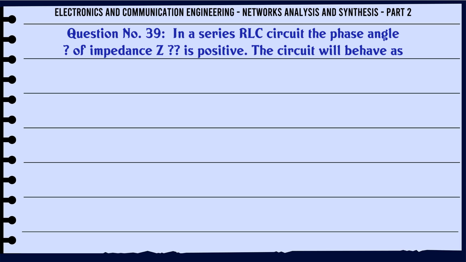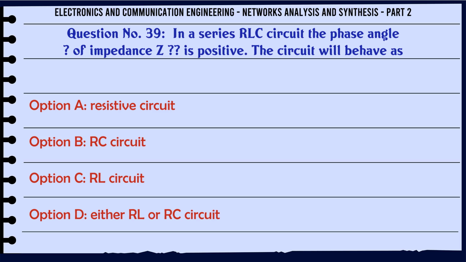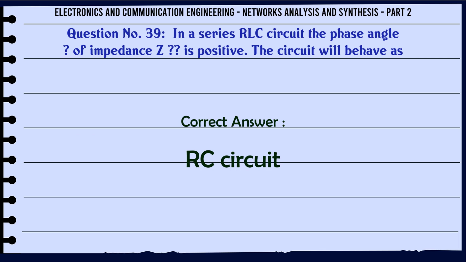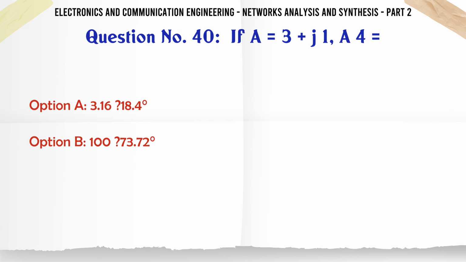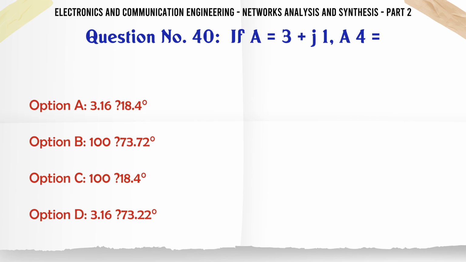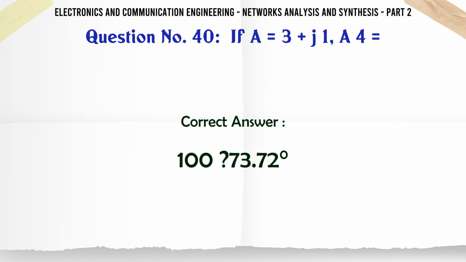In a series RLC circuit, the phase angle of impedance Z is positive. The circuit will behave as A resistive circuit, B RC circuit, C RL circuit, D either RL or RC circuit. The correct answer is RC circuit. If A equals 3 plus j1 and B equals 4, then A times B is A 3.16 at 18.4, B 173.72, C 118.4, D 3.16 at 73.22. The correct answer is